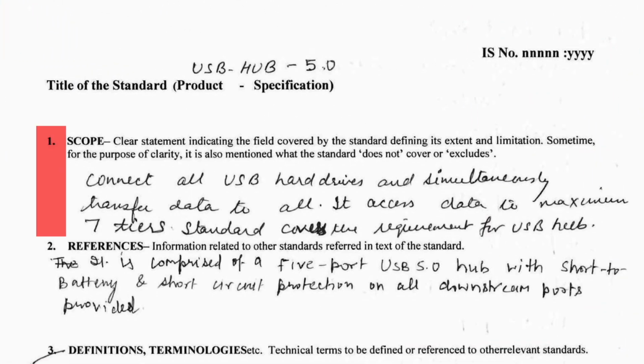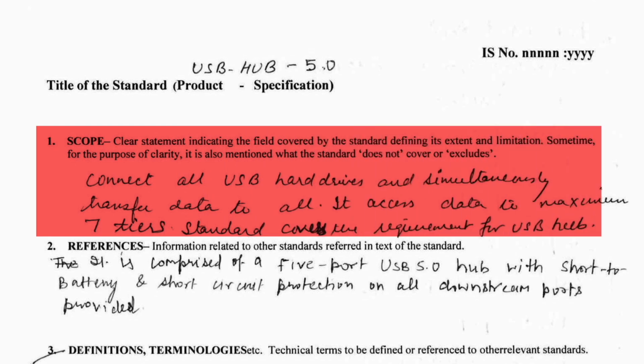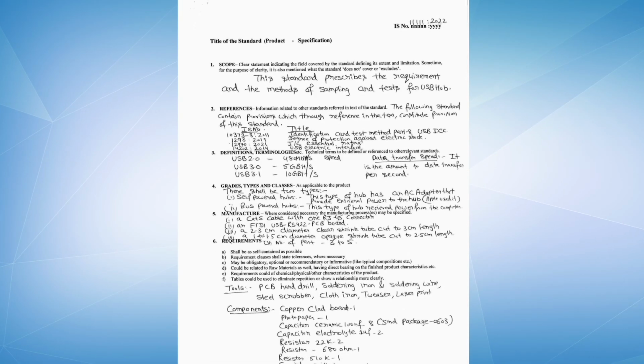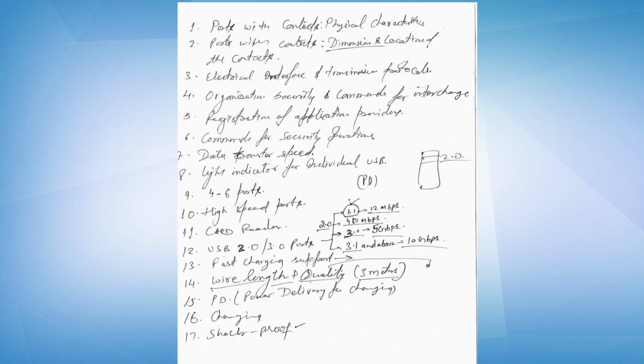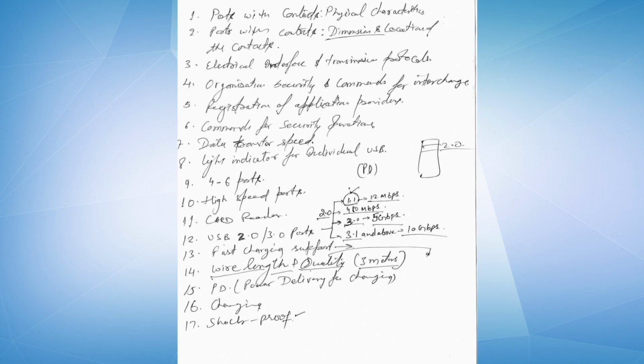I can see that they have attempted to write the name of the product, and they have also written scope covering data transfer and power. What are your observations on this? Indeed, Natasha, they have done a wonderful job. I am highly impressed. Our smart and intelligent children have gone into so much detail. They have done a lot of research. In fact, I can see that in the foreword of the standards, they have referred to some other Indian standards.